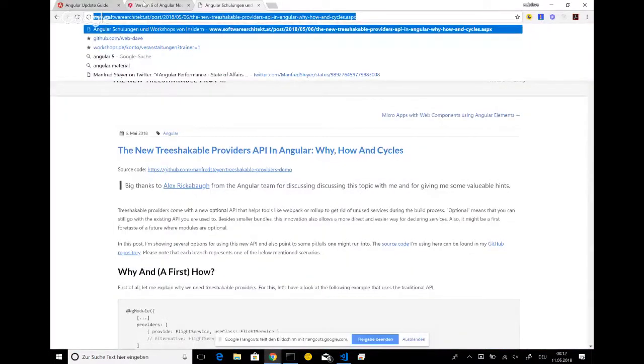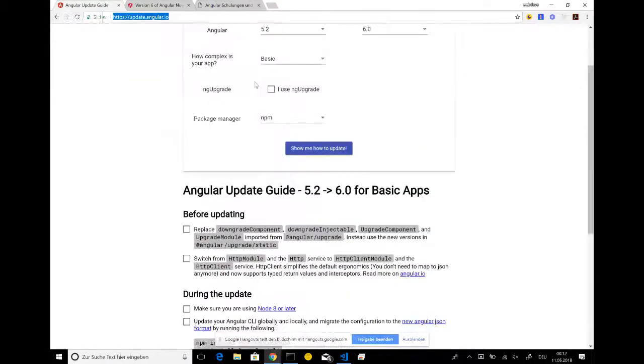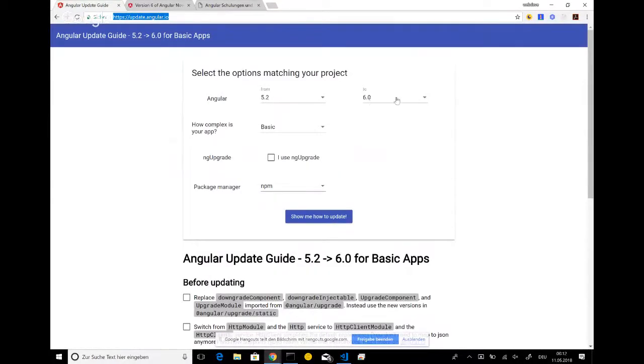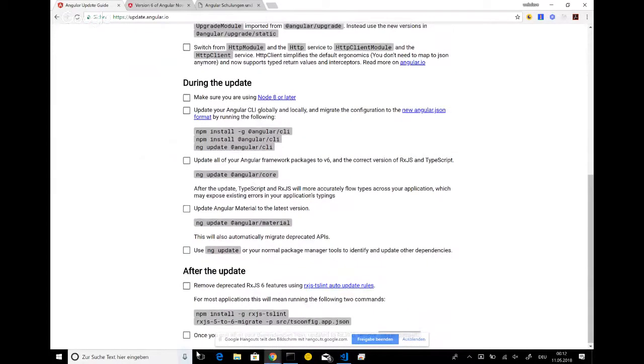There's a very great website named update.angular.io, and here you can say, okay, this is my version, I want to go to this, and then whether it's a basic, medium or advanced app, which means size and complexity. And then if you use AngularJS, Angular 1.x stuff in it, and which package manager you use, and then it shows you the result how to update. And here is this very awesome stuff. There is an ArcGIS TSLint